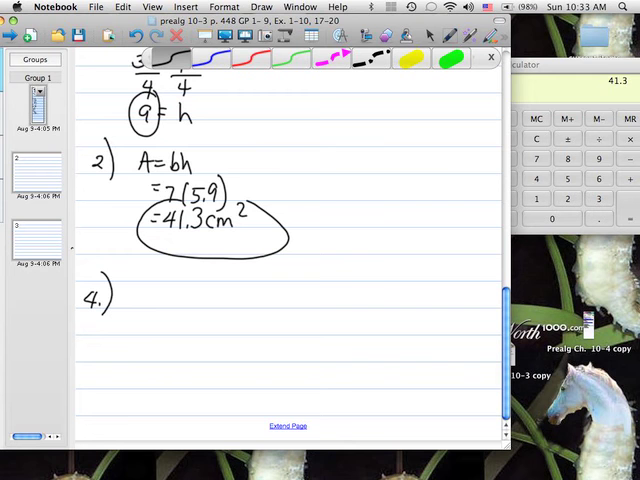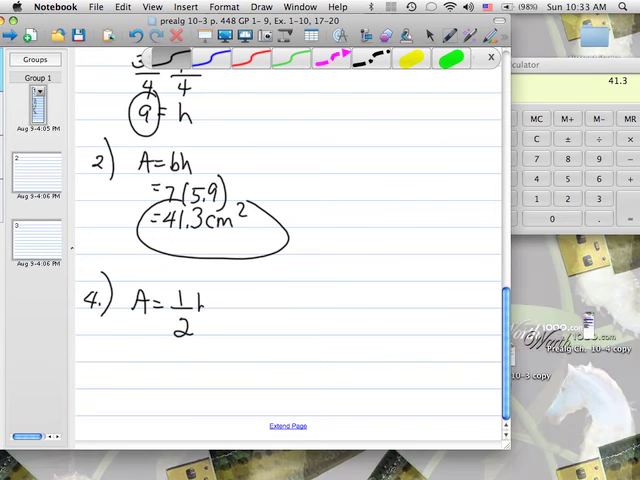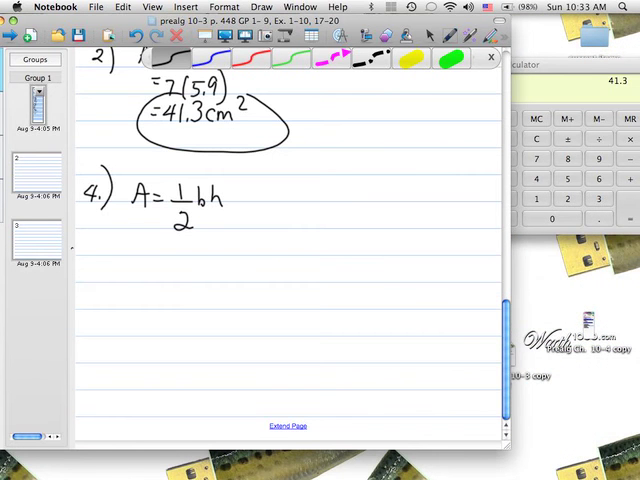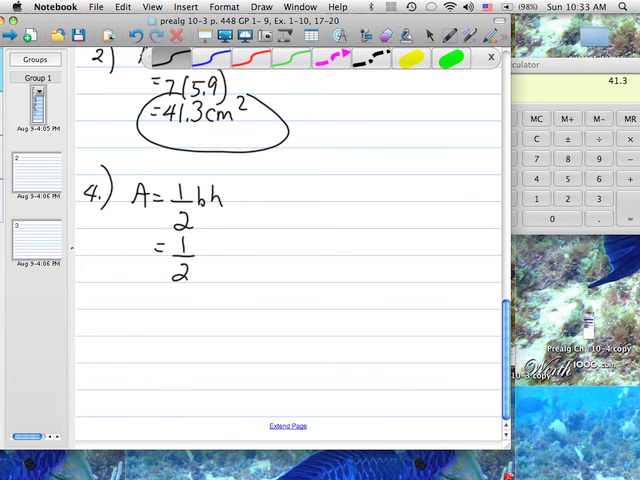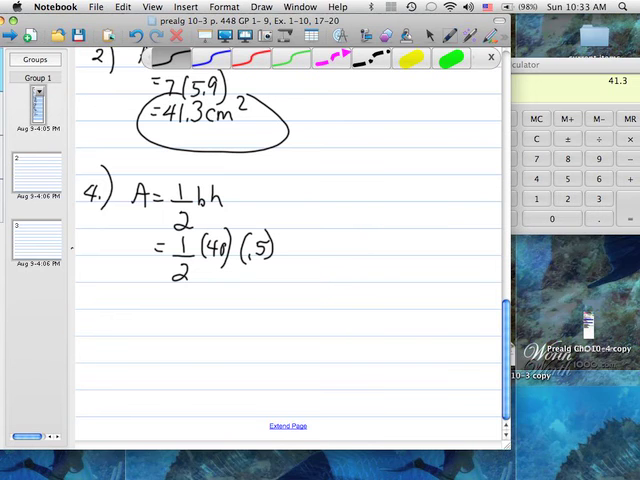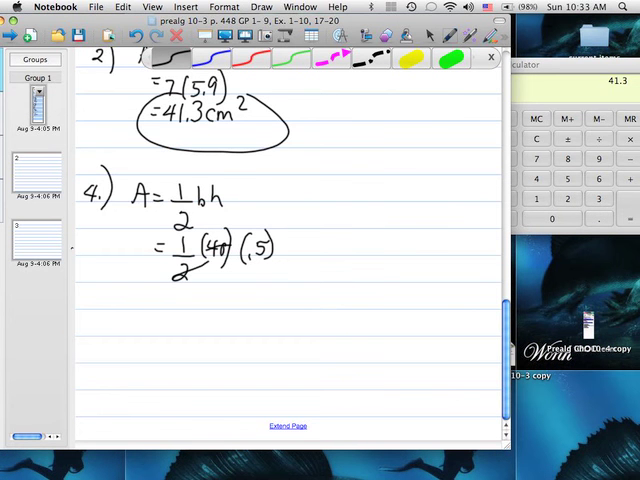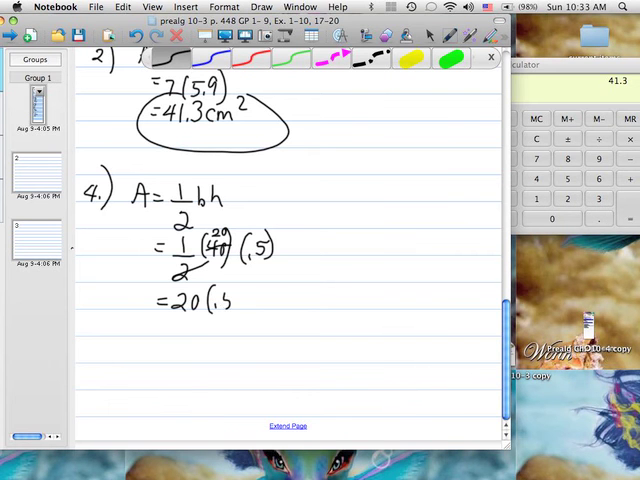Problem number 4 is a triangle. The formula is area equals 1/2 base times height. Be sure you put the formulas down for each one. And we have the base and the height are made outside, but they're still the base and the height. We have 40 centimeters as our base, and our height is 0.5. So take 1/2 of 40 is 20. 20 times 0.5 is